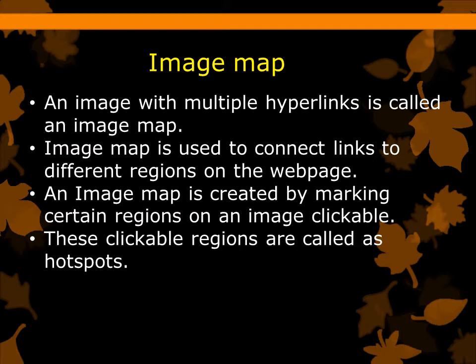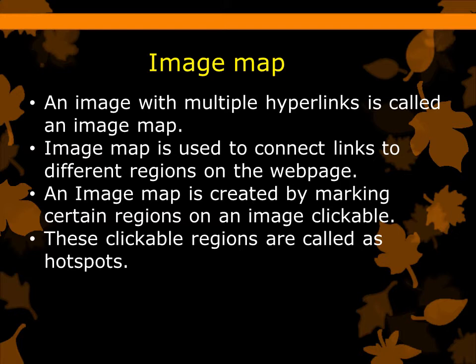So the image which contains multiple hyperlinks. All of you know what is meant by hyperlink. What is the use of hyperlink? With the help of hyperlink we can navigate, or if we click on that hyperlink we can navigate to another web page, or we jump from one page to another web page, that is the linking between two web pages. So the image map contains multiple hyperlinks.